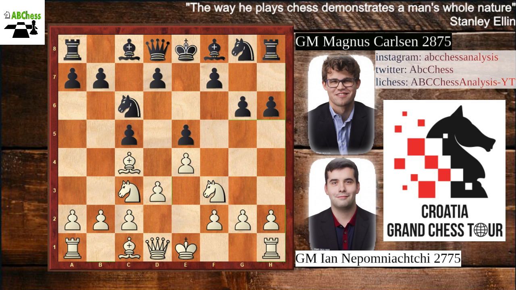So for Jan, the idea here is to transfer the knight from the square f3 to e3. That is not easy to do. So one of the lines which he can choose to transfer the knight from f3 to e3 is to go with the knight to d2, f1, and then e3, or the second line, which he chose in this game. So he played h4, then we have d6, after that h5,